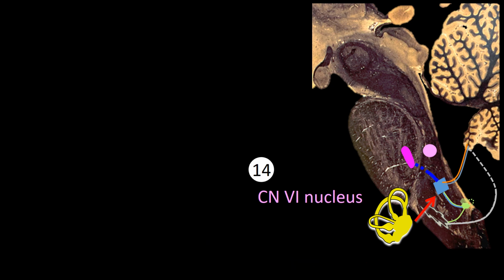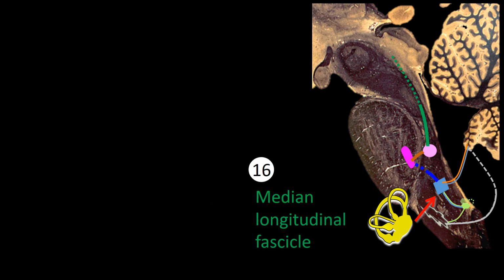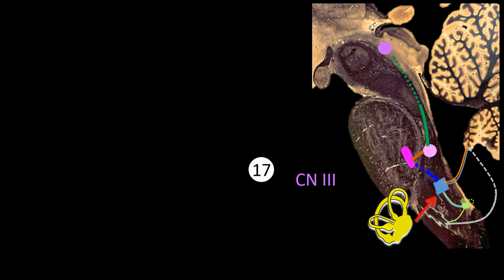Next, we have cranial nerve 6 nucleus and its connection with the PPRF. I have now added the medial longitudinal fascicle contacting with the opposite cranial nerve 3 nucleus, specifically with the subnucleus of the medial rectus. I will now represent a coronal representation of the model to which I will add some